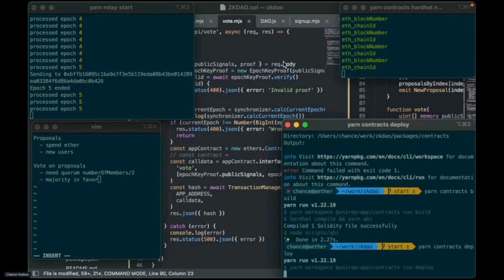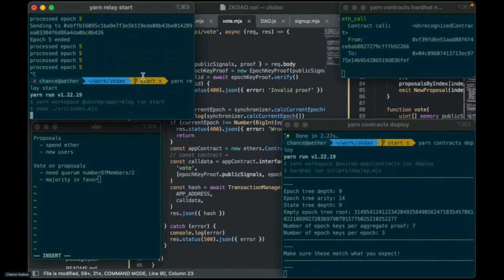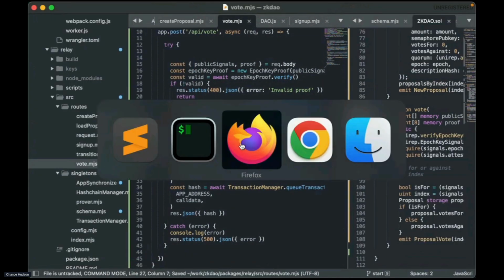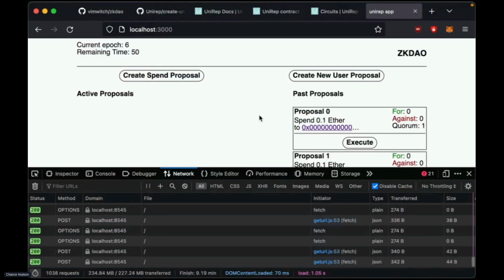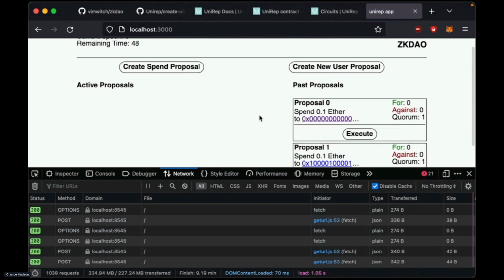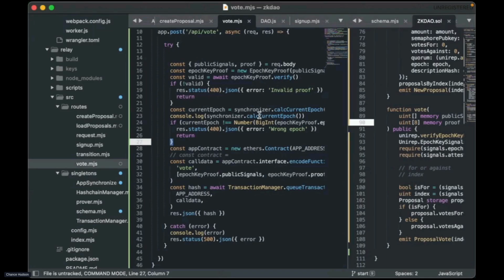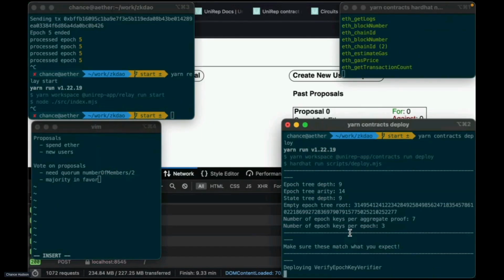All right, and we'll go ahead and deploy the next version. Once this is deployed, we should theoretically be able to vote on the proposals that we make. So we'll go ahead and make a spend proposal and then try to vote on it and see what happens.